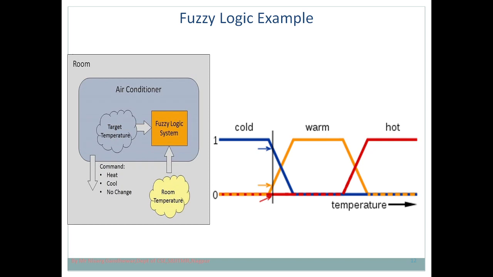I can say for me, suppose I say 0 to 25 is cold. So that range is going to vary from person to person. So this is a fuzzy logic example with a diagrammatic representation. I hope you understand what fuzzy logic is and how it helps us, what kind of problems you can solve. Whenever you find some kind of uncertainty, whenever you cannot provide an exact answer, at that time fuzzy logic is useful.